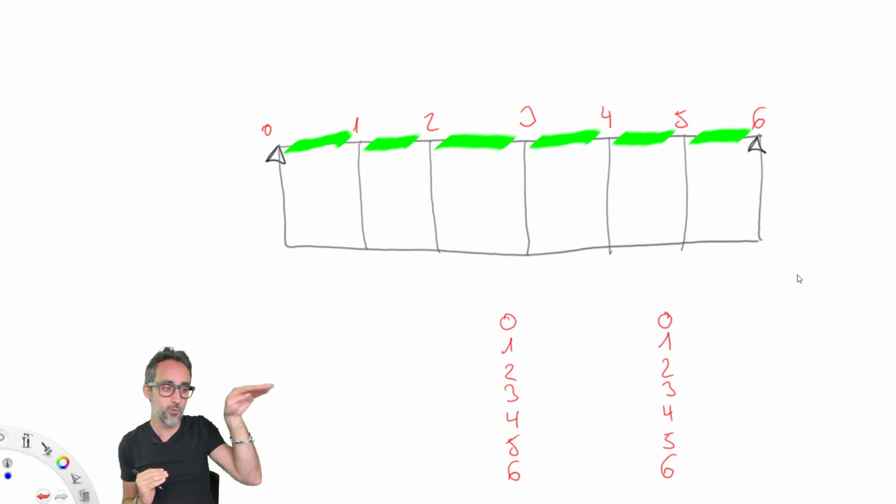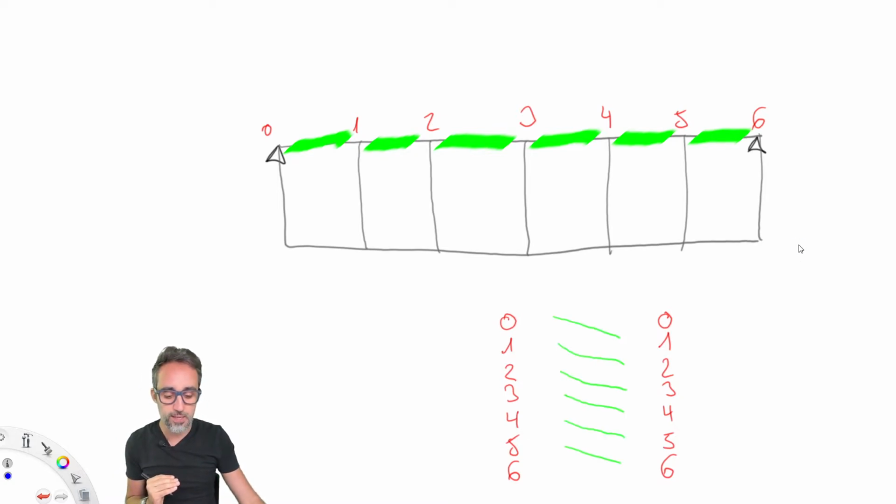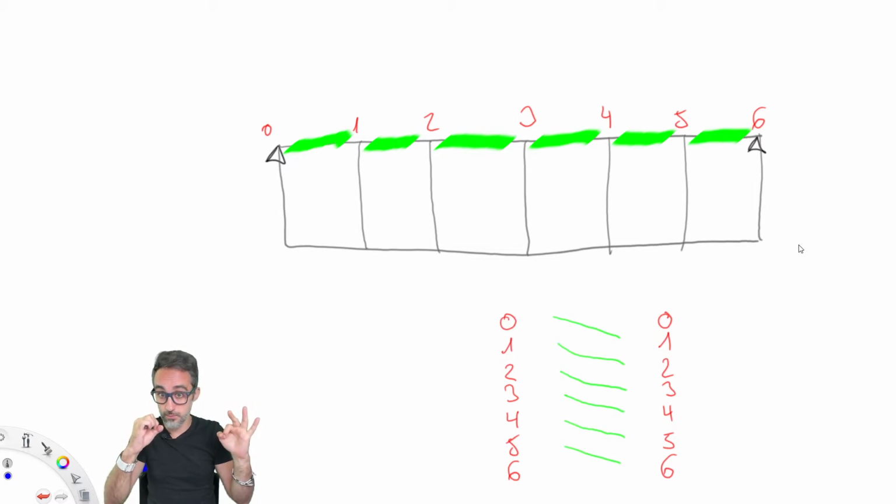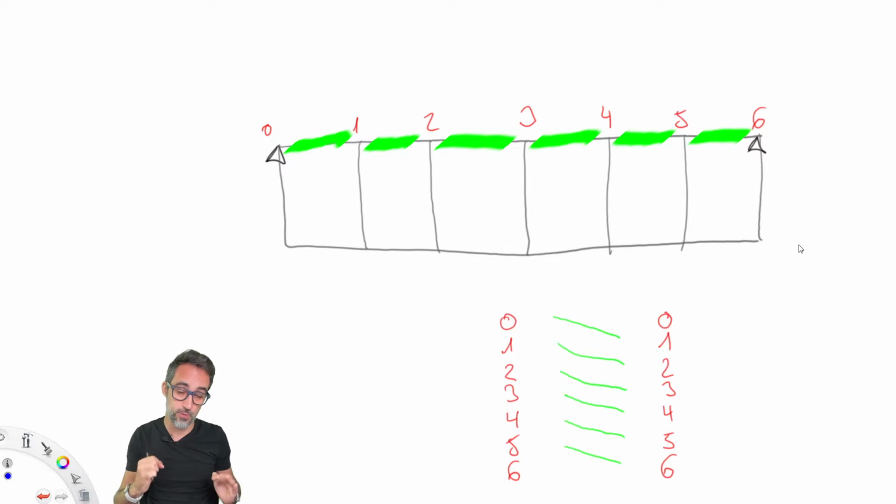But instead of joining one to one like we did before, what we want to do now is join the first one with the second one. So element with index number 0 and element with index number 1, then element with index 1 and element with index 2, index 2 and index 3. So we want to join them in a way that is not one-to-one as they are ordered in the list right now. So how could we do that?